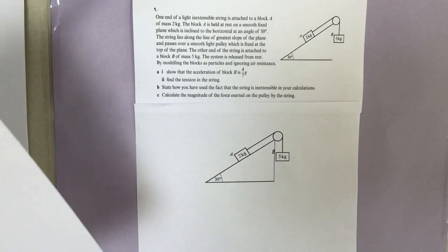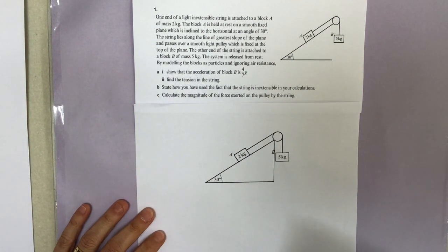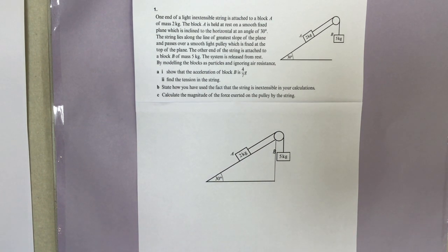Hi everyone, so here's the first of our pulley questions from this morning's lesson, and I'm going to go through this first one step by step. I'd like you to either correct it if you've done it already. If you need to correct it, mark it. If you've got it all correct, brilliant. If you haven't had a go of it yet, then can you please make sure you do, and then have a look at this video and make sure you've got a full correct version of each of these two questions